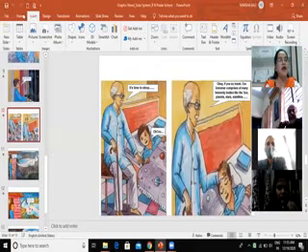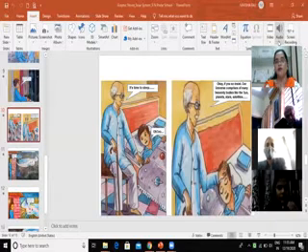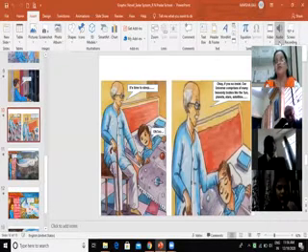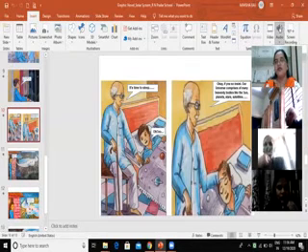So for that, I'm going to choose the insert tab. And then from the last media group, I'm going to choose the audio option. In the audio option, you can see two options are appearing, audio on my PC and record audio. Since we have already got the recordings done, we are not going to choose the second option, record audio. We are simply going to choose the first one, audio on my PC.